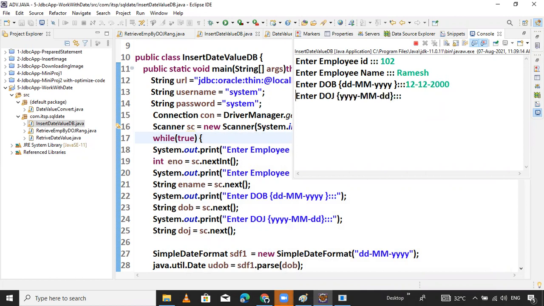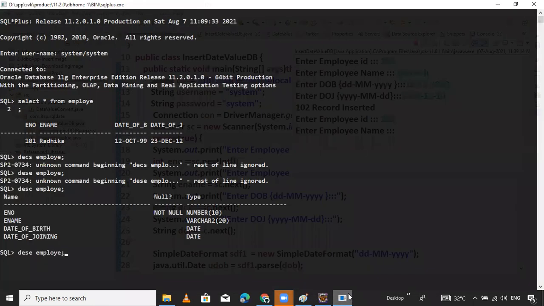That's it. Date of joining 2003, date 10th. Inserted. Again I want to ask, so 103. I used a while loop for this. Let's check whether the record is inserted or not.